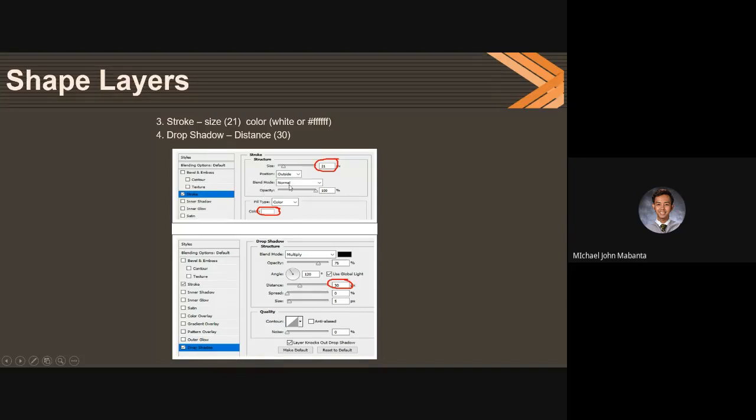So, may lalabas na settings dyan kay stroke size. So, meron tayo dito ang size, position, blend mode, opacity, fill type, and then color. So, usually, ang ginagalaw lang dito is size, and then color. And then, pero dito sa position kasi na to, pwede kasing inside yung stroke and then outside. So, pagka sa position, outside yung pinili nyo automatic sa labas mapupunta yung stroke mo, kumbaga,